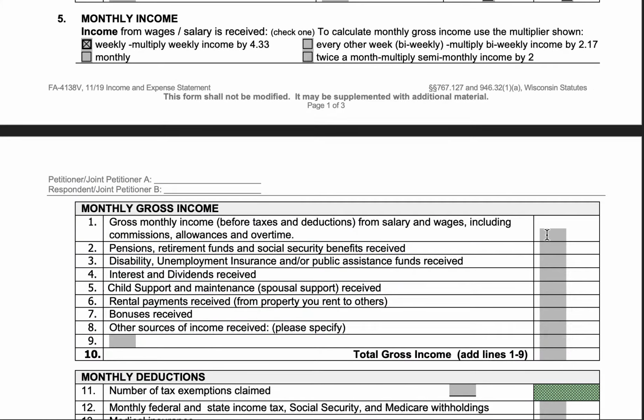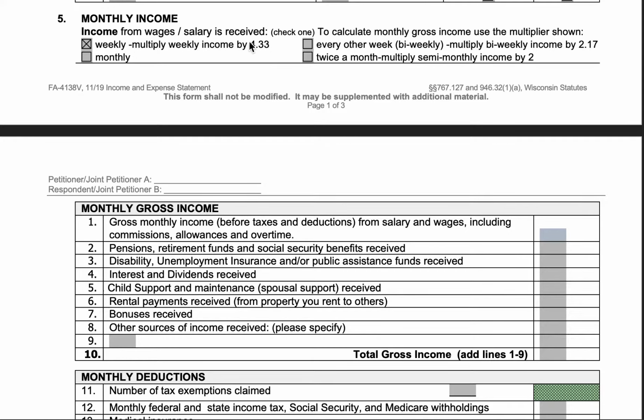Now be careful because a lot of people at this point would write 400 on this line. But remember these little numbers up here? We need to turn your either weekly, bi-weekly, twice monthly, or monthly payment into a monthly payment. So if you already get paid monthly, you'll notice you have no number. Easy peasy, you just write the number in. But for anyone in these other categories, you need to multiply the number on your pay stub times the number beside your